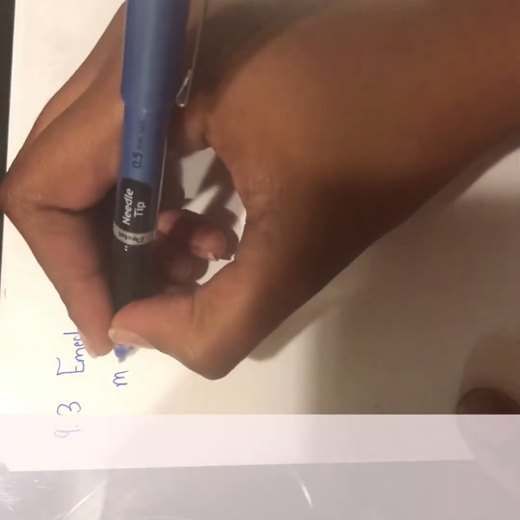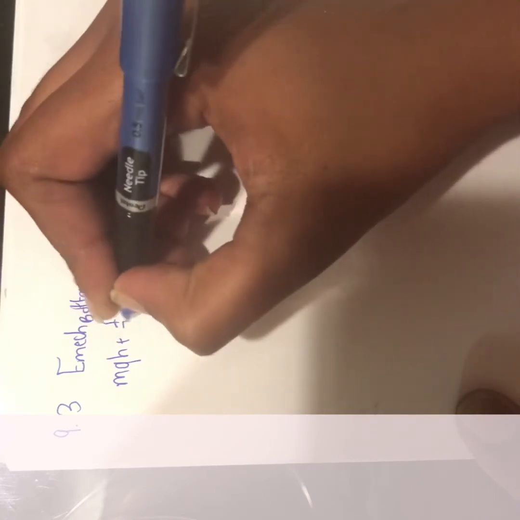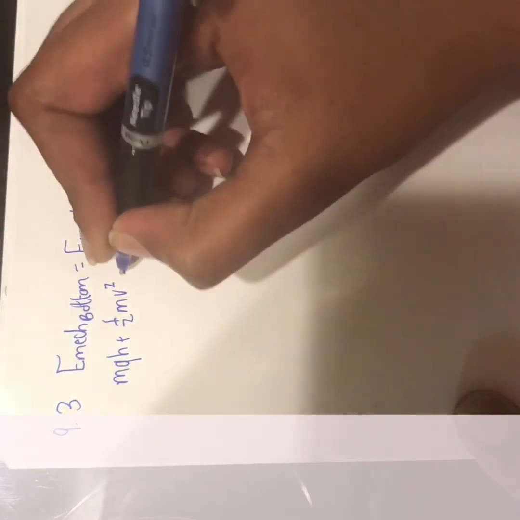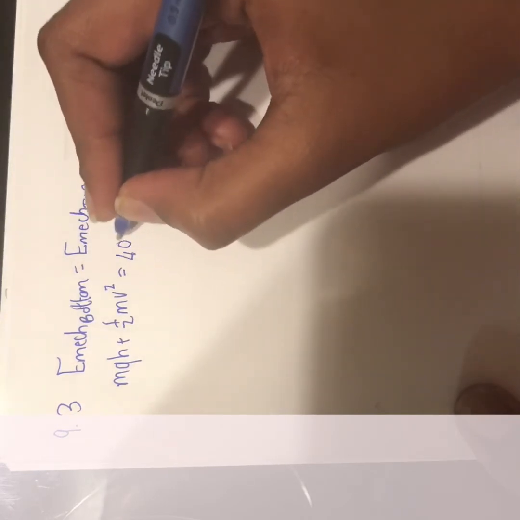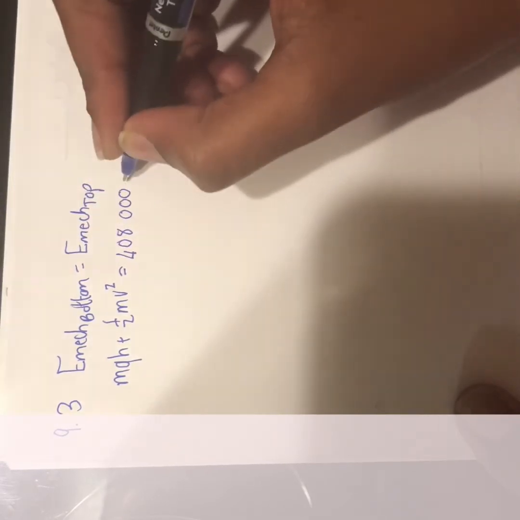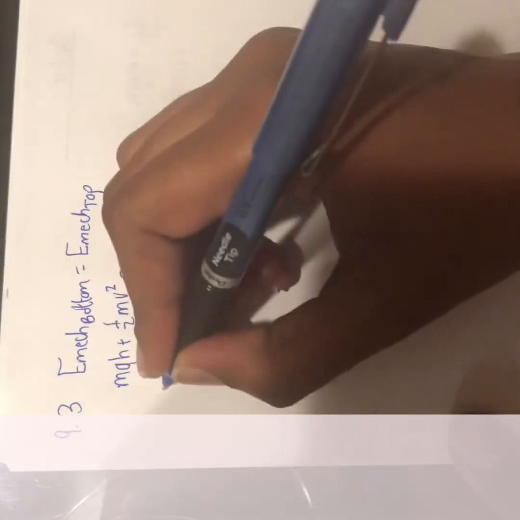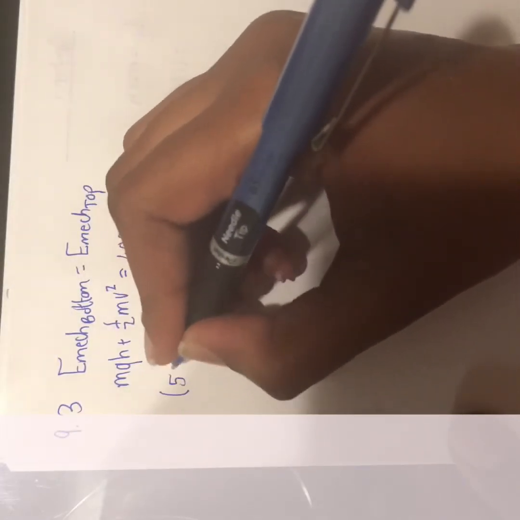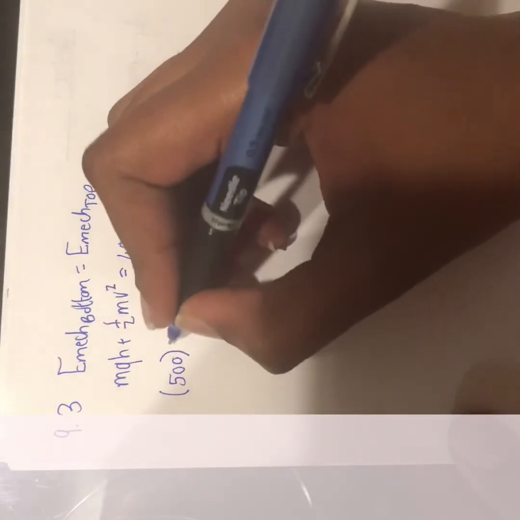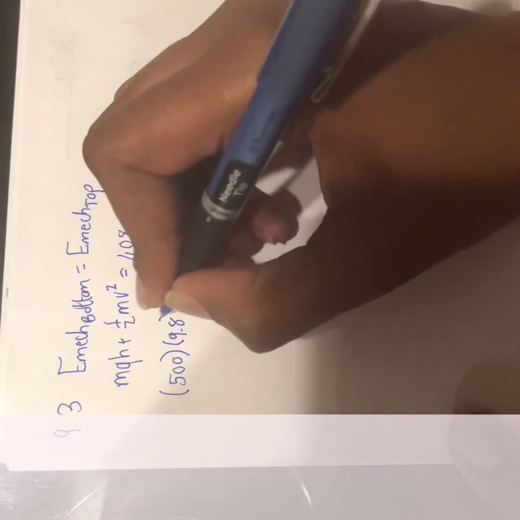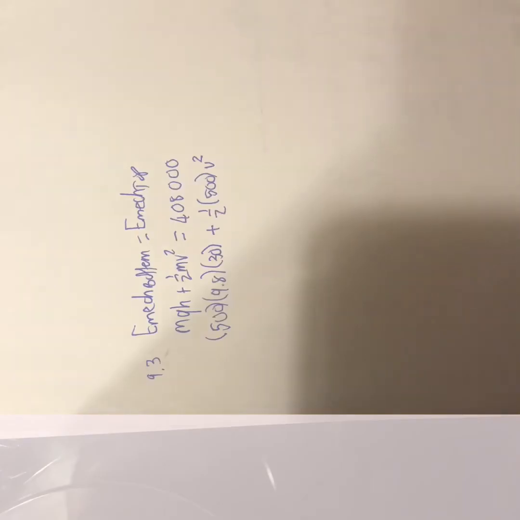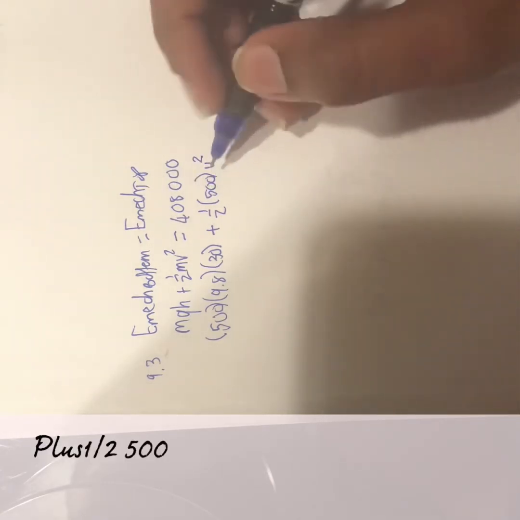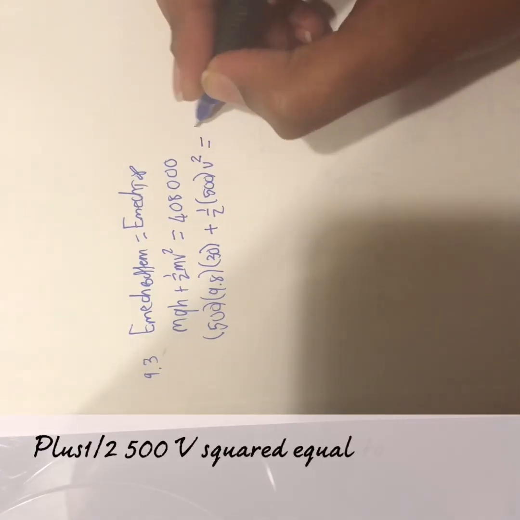So we're just going to write down our equation. The mechanical energy at the top still remains the same, which is 408,000. The mass is still 500, and we're going to multiply it with 9.8. Now the height is 30. Plus a half 500 v squared